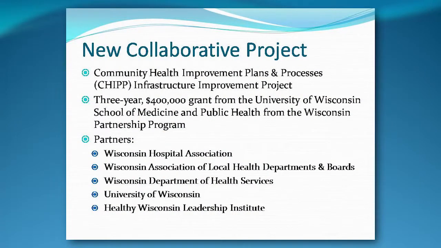So it is in the title of our grant, and we're sort of stuck with that, but I want to apologize for it. I also want to point out, for those of you who've worked closely with health departments, they often talk about CHIPP and PHAB, and CHIPP is the Community Health Improvement Plan. And in Wisconsin, you notice we have 2 Ps in CHIPP, and that's because we really focus on the ongoing process and not so much do an assessment, write a plan, and there you go, we'll see you in 5 years, but really continuing that momentum into implementation. So it's not a typo when we have 2 Ps in CHIPP.